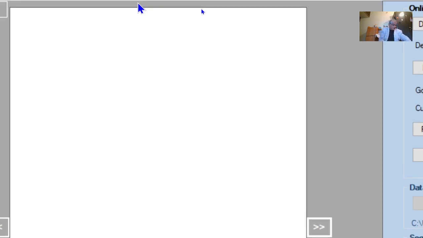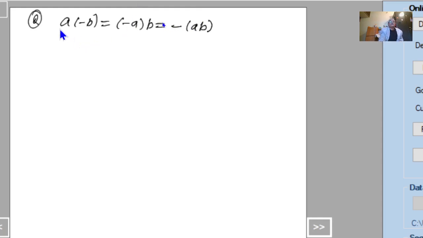Second one is, I have to prove that A into minus B equal to minus A into B is equal to minus of AB. This we have to prove. So for this, first I will prove that A into minus B equal to minus AB. For that, consider